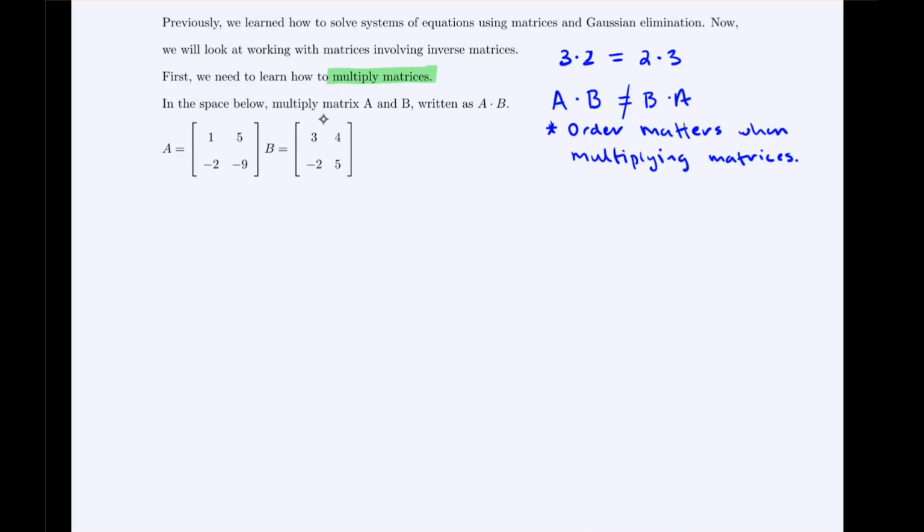Here we're asked to multiply matrix A and matrix B. Now, in our last lesson we saw augmented matrices, which had a vertical line to represent what they're equal to. In this case, since the vertical line is missing, this is just a regular matrix where we have 2 rows and 2 columns. So we would read 5 as the first row, second column entry. And when you multiply matrices, you go through this process. You write it out in the right order, so A comes first because it's A times B,